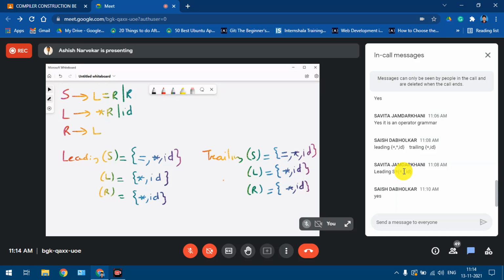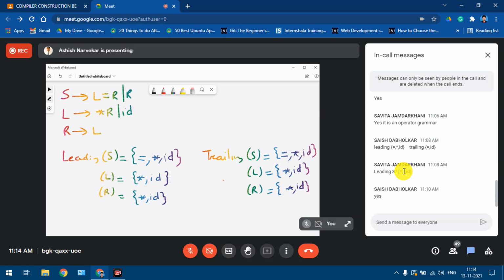As I said earlier, for the actual theory, please refer to the notes. And just to speak about the advantage of the operator precedence parser: one thing is it is a very simple parser. There are limited grammars on which it can work, and the main advantage of this parser is that it works on ambiguous grammars also.